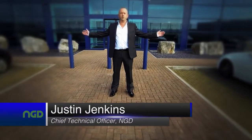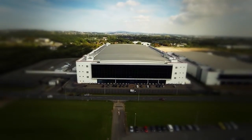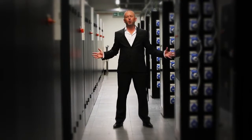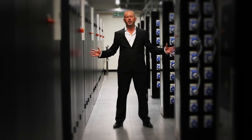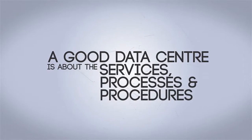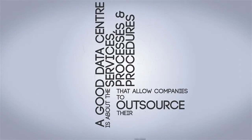A good data centre is more than just bricks and mortar. It's more than the vast amounts of power. And it's more than robust and resilient cooling. A good data centre is about the services, processes and procedures that allow companies to outsource their IT with the